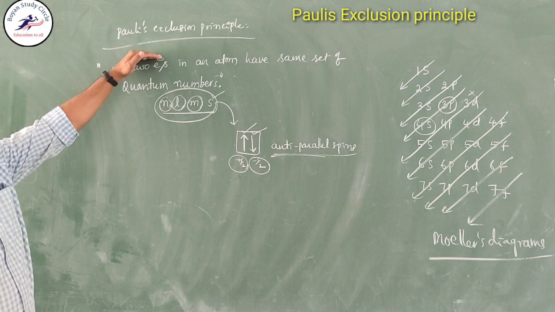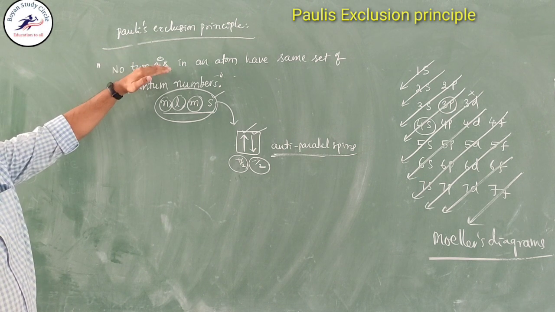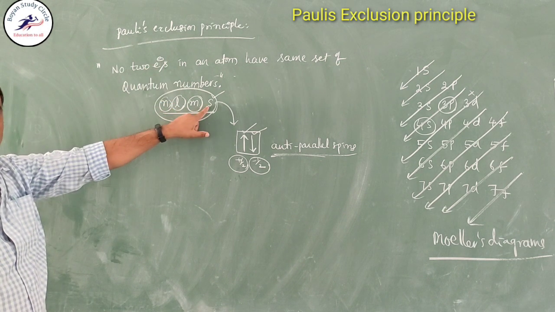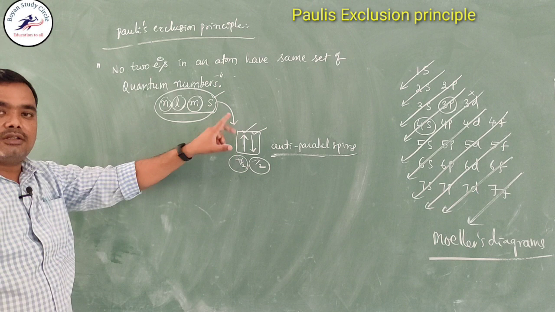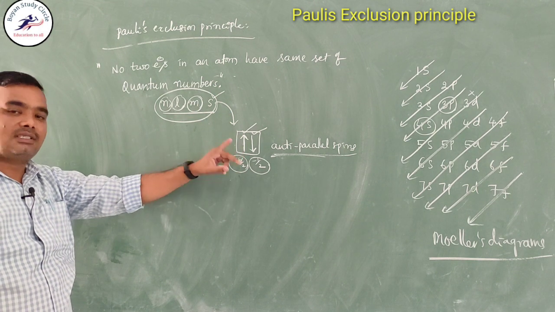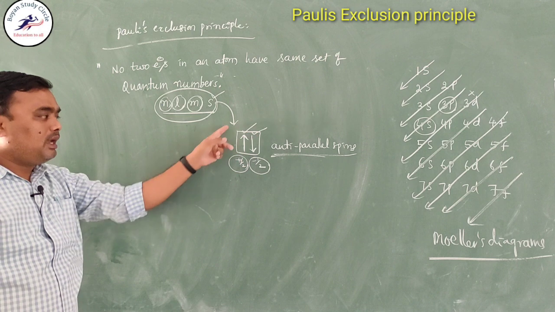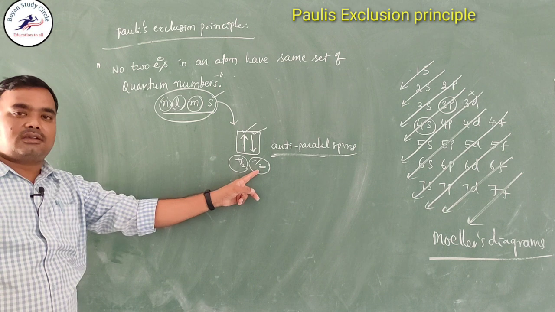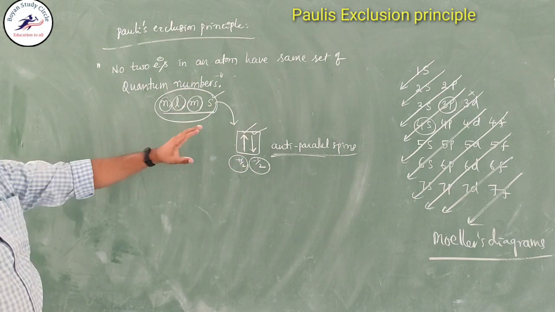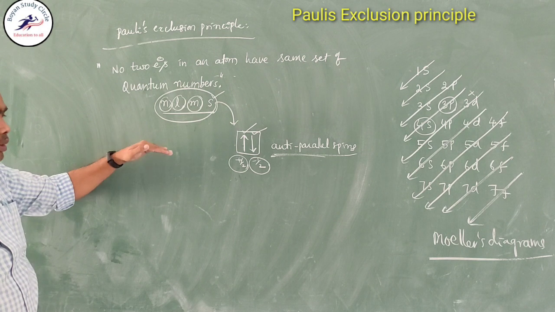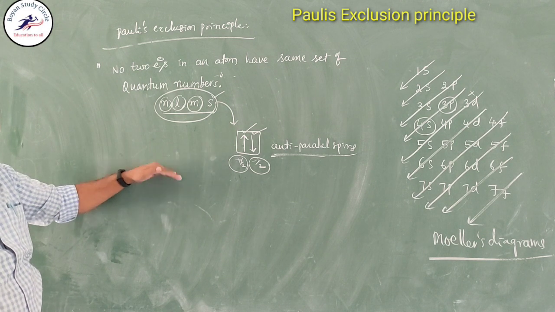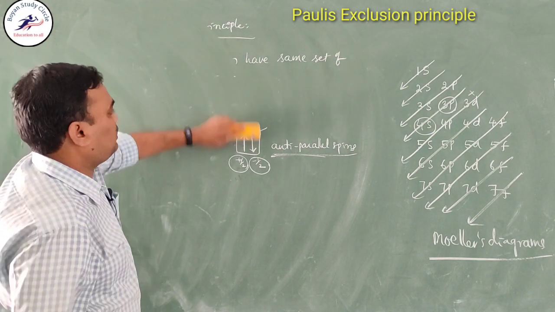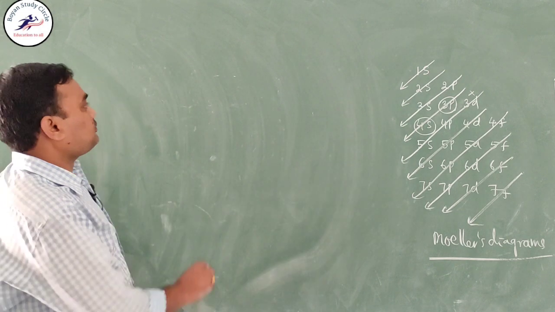According to Pauli's exclusion principle, you can say that no two electrons have the same set of quantum numbers; at least they differ in spin quantum number, because in an orbital 2 electrons can be filled maximum. This is another statement of Pauli's principle. So there, one electron has plus half value, the other electron has minus half value, okay? So in this way, using the Aufbau principle, Hund's rule and Pauli's exclusion principle, you can write the electronic configuration of the elements, right? So for example, we will try to write 2 or 3 elements, right?